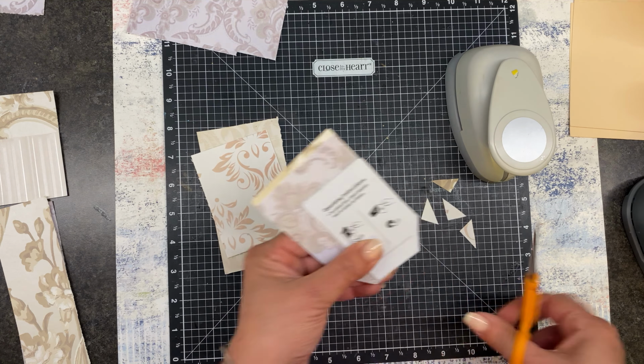Okay, so my thought was, what if we made this kind of as a side belly band? Well, you know, we could do, that has to be a whale tail. Let's see. I got an idea. Okay, these are going to go over here for other projects. Why don't we do this? We're going to make a double belly, double something. It's either going to be a tuck or a belly band. So we're just going to